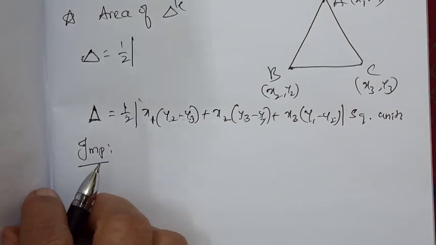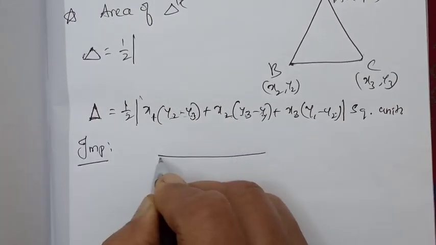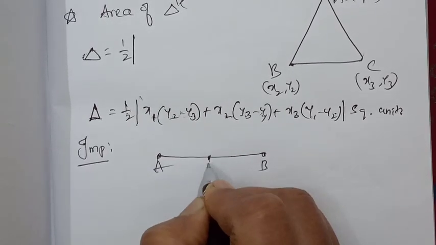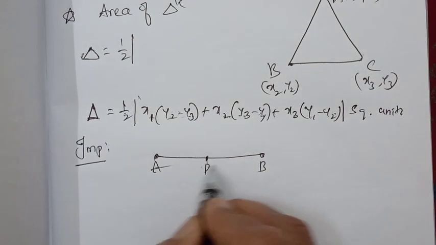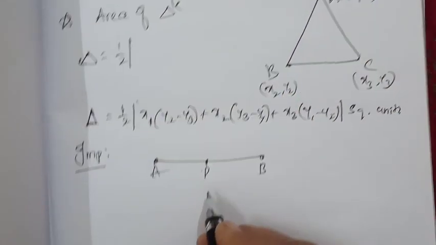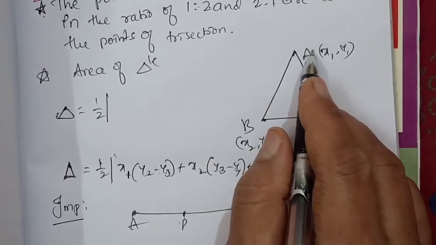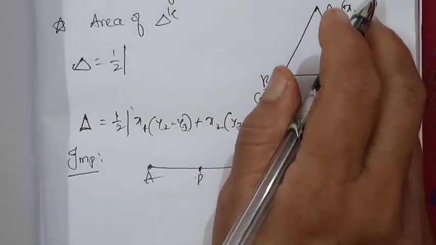Collinear. What is collinear? Collinear means what, children? If three points, suppose A, B, C, are lying on the same line, then the points are collinear. Okay, so if here a triangle is given to us, so three vertices and three coordinates are given. So how can you check the collinearity?